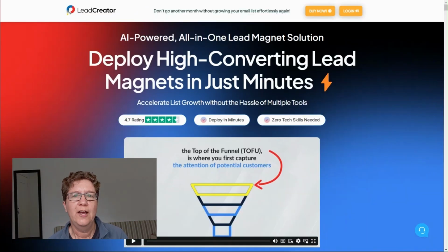And here's a pro tip for creating high converting lead magnets. Think about the transformation your coaching or course provides. What are the key steps your clients or students take to achieve their desired outcome? Now, choose one of those value steps as your lead magnet topic, offering an immediate quick win.